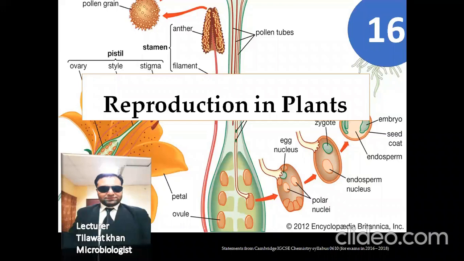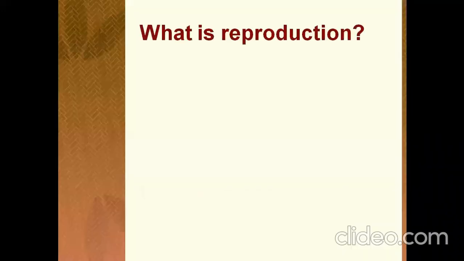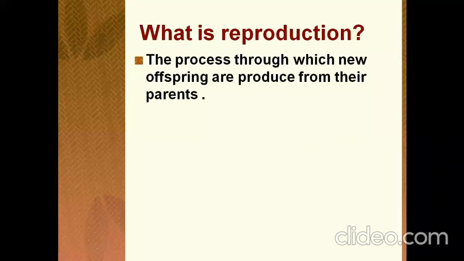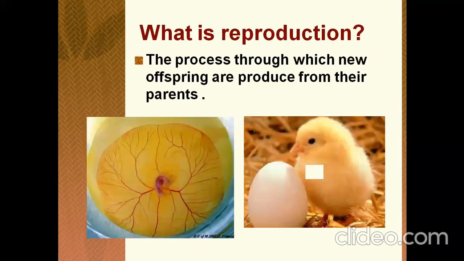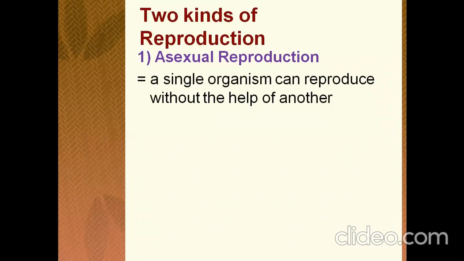First of all, we should know what reproduction is. Reproduction is the process through which new offspring are produced from their parents. Now, there are two kinds of reproduction: asexual reproduction, in which a single organism can reproduce without the help of another, while the other kind is sexual reproduction. Sexual reproduction